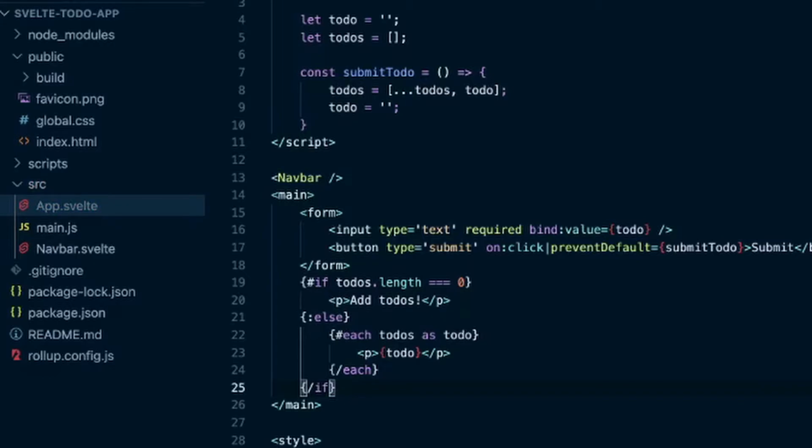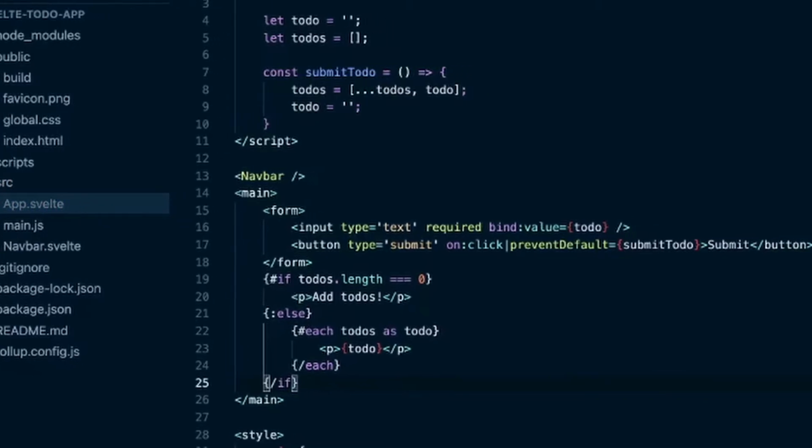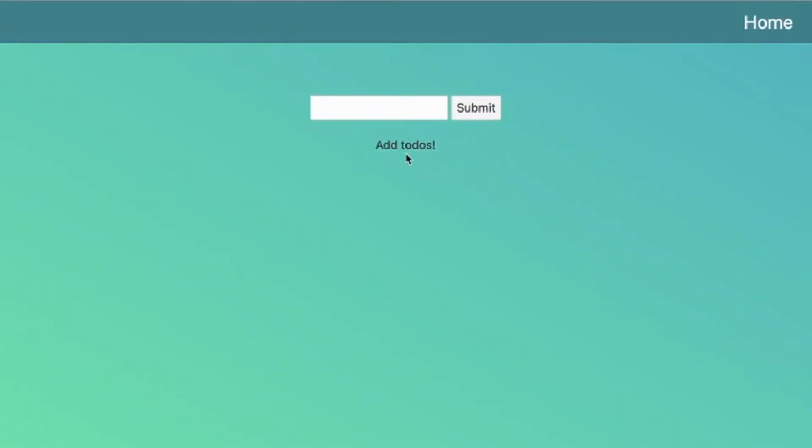So save that. Go over to our app here. We see the add todos because there are no todos. Say learn Svelte, and there it is. Good deal. So now let's make these their own component and send in that todo into the component, and that's where we'll make the kind of glassy background I had for each one of them with the little delete icon there. So back in our code,